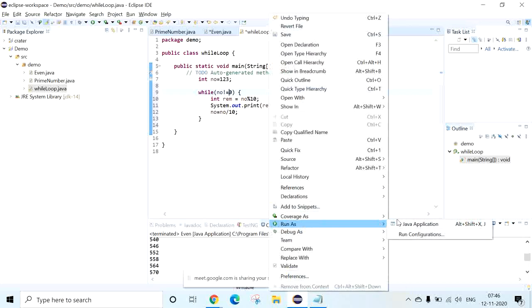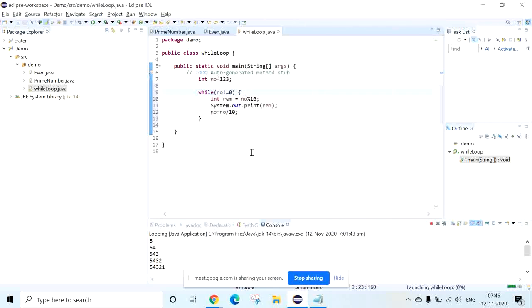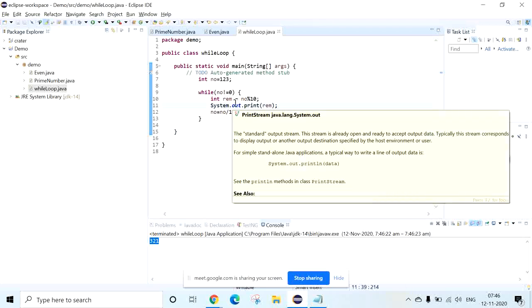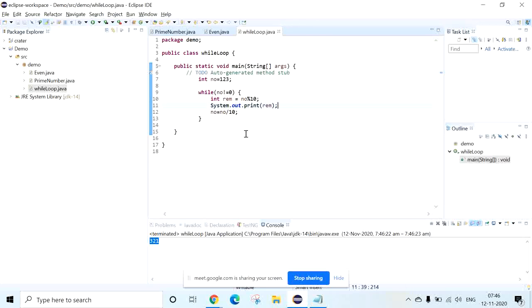So when you print it, you will get 3, 2, 1. But this logic is not correct, because we cannot do anything with this printed 3, 2, 1. We just printed the last digit each time, so we need to make this 3, 2, 1 as 321. How can we make it? We are going to do one small thing in between. Guys, do you have any doubt in this statement and this statement? If you have any doubt, please ask. Otherwise we can go for the next step.